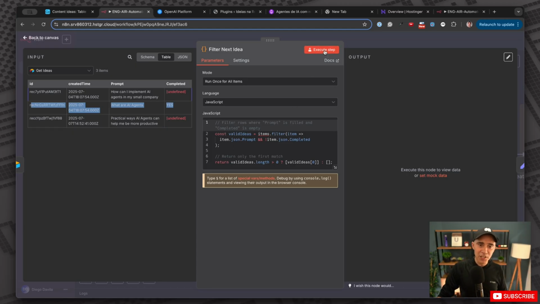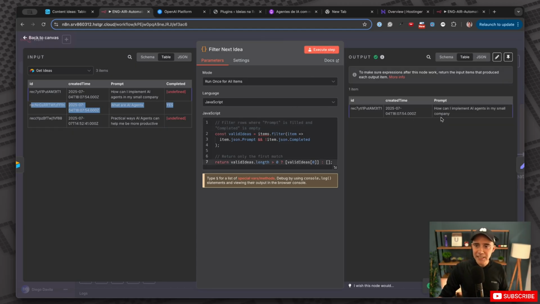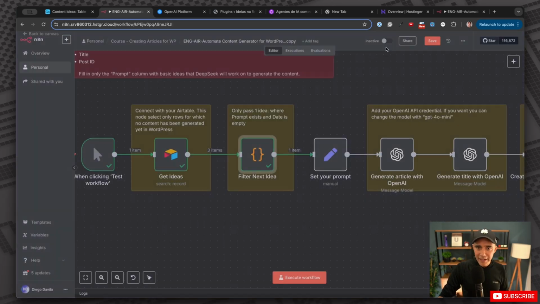So if I execute this, you will see that the idea that it selected is how can I implement AI agents in my small company. So it's selecting from the top down, okay? Wonderful, I like that. Now, what we are sending here, if you see, we are sending one item to the